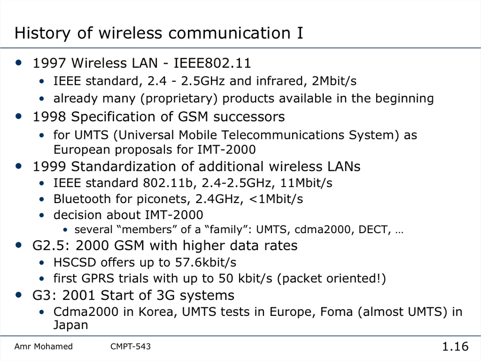The reason mainly was the fact that in 2.5G, we started to talk about some incremental standards on top of GSM, like high-speed circuit switched data. This did not exist before. So they started to say, okay, we can increase data rates on top of the GSM network, right?